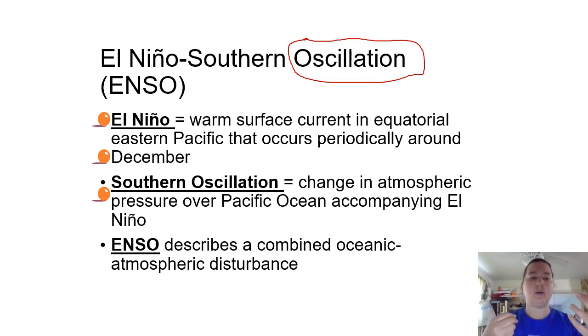But this is a relationship between the oceanic interactions and the atmospheric interactions, and what happens as they change conditions. So El Nino is a warm surface current that ends up in the eastern Pacific, and it occurs usually around December. That's why it was called El Nino, because it happens right around Christmas time. Southern Oscillation is a change in the atmospheric pressure over the Pacific Ocean accompanying El Nino. And what ENSO is talking about is, like I said, that interaction between the oceanic and the atmospheric disturbances